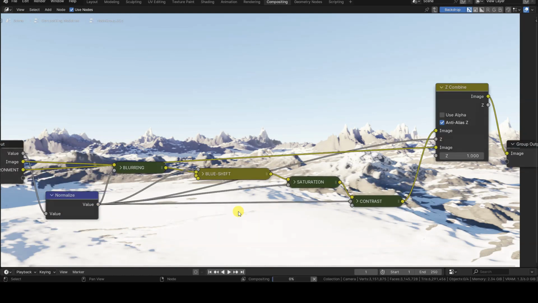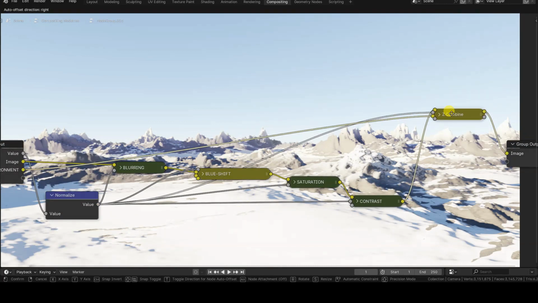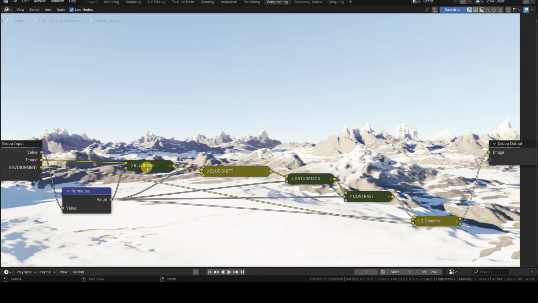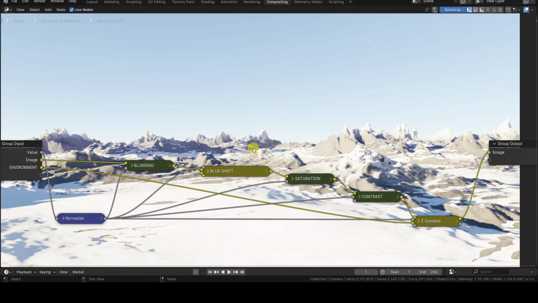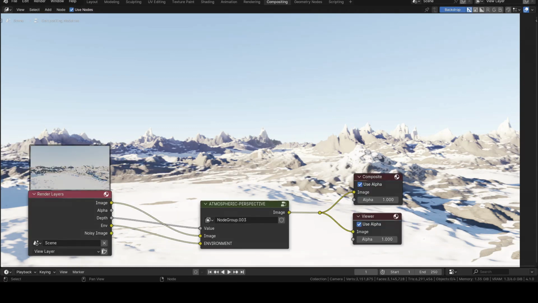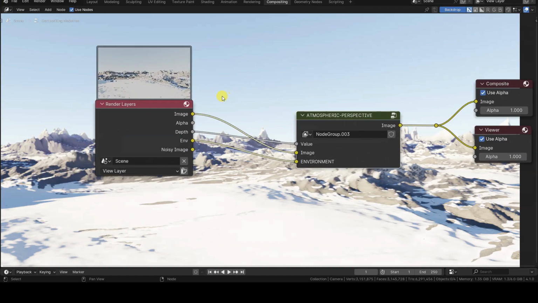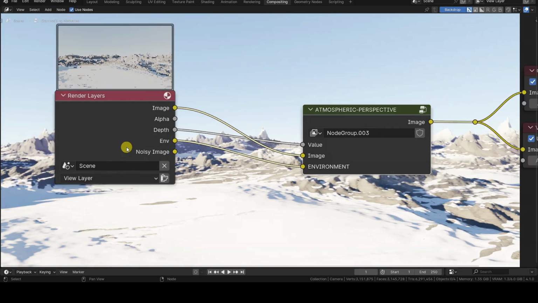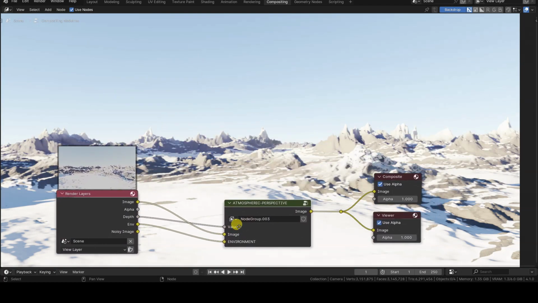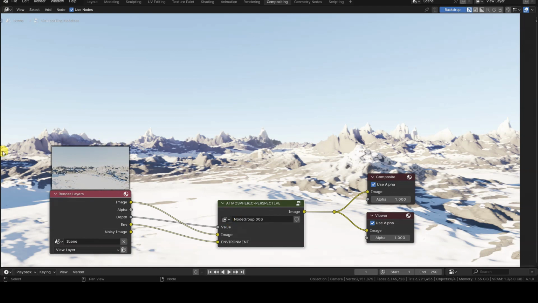In conclusion, we can use the depth information to modify saturation, contrast, blur, and color grading of the elements based on their distance. Don't forget to activate the environment render pass before rendering, so that you can isolate the background of the virtual universe and work only on the objects present in the scene, before adding the background back at the end of the effects chain.